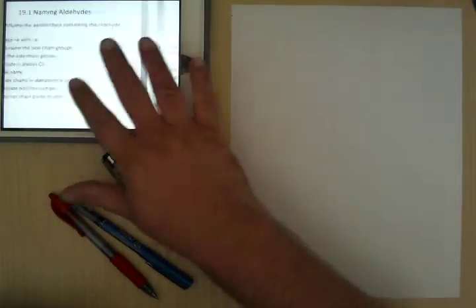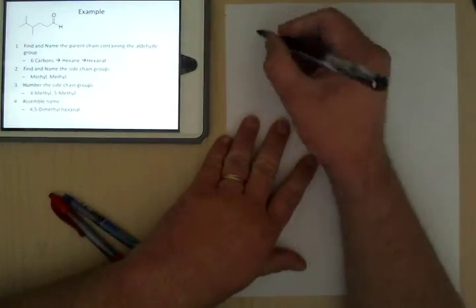That also means you don't need to put a number in front of the main chain with the aldehyde in it, because we always assume that it's going to be number 1, since the aldehyde has to be at the end. And then you just put the side chains in alphabetical order, and put the parent chain at the end. So if we've got something like this,